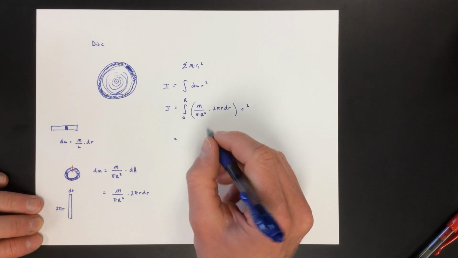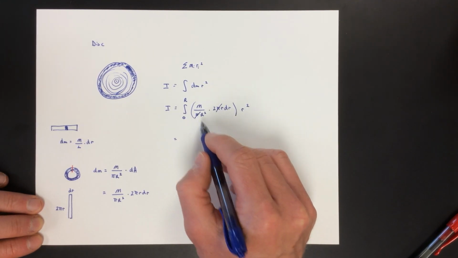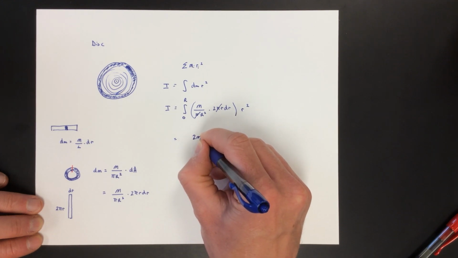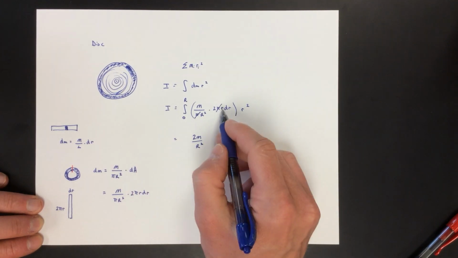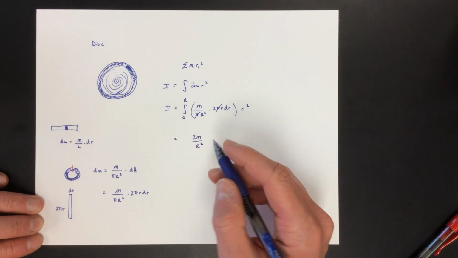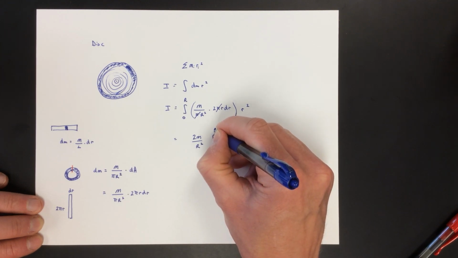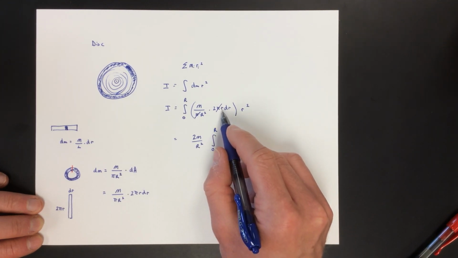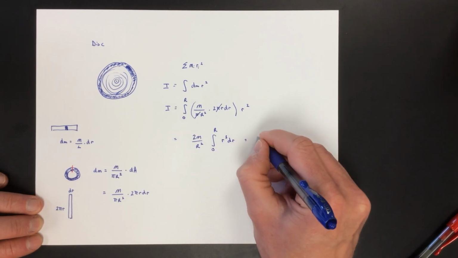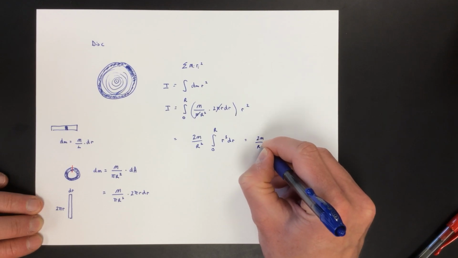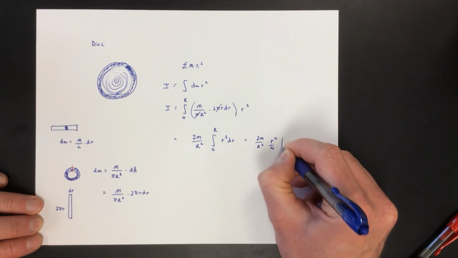Okay, so let's get all this out of here. First of all, those pi's can cancel, and that's a 2m and an R squared, 2m over big R squared, meaning the radius of the disk. Little r can't get factored out because it's the radius of each ring, which changes. It's a function. 0 to R of, what am I left with inside? r cubed dr. So 2m over R squared, and then integrating, I get r to the 4th over 4 evaluated from 0